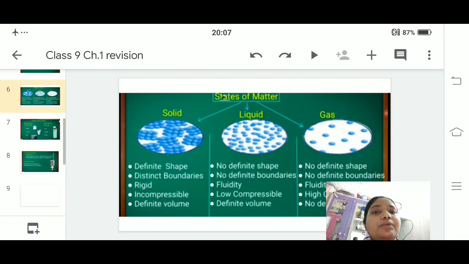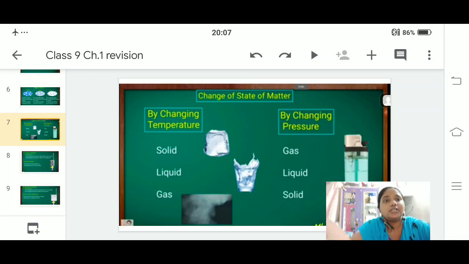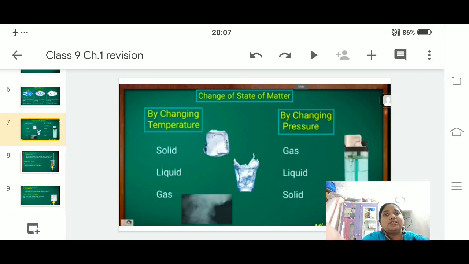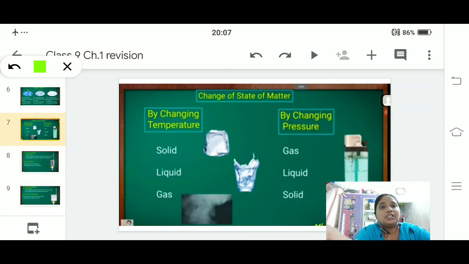Fine. Now coming to the next one, changes of state of matter. We can change the state by changing the temperature or by changing the pressure. Let me take temperature first. If we put a solid at room temperature or raise its temperature, the solid converts itself into a liquid; we call this the melting point.